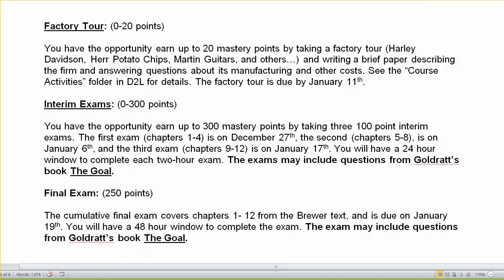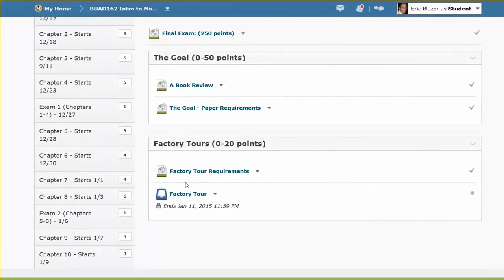And speaking of actual factory environments, I encourage you to earn up to 20 mastery points by taking a factory tour, say Harley Davidson, Herr's Potato Chips, Martin Guitars, or some other locations. You can see the details about the factory tour requirements in D2L from the course activities link. And here's your link for a factory tour. And again, it's important to go out and observe a real manufacturing environment so you have context for placing a lot of the material that you're going to be learning about during the course of the semester. Click on this link to see some possible places you can go for your factory tour, as well as the